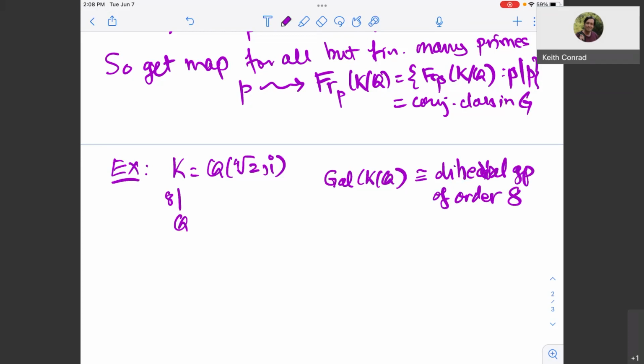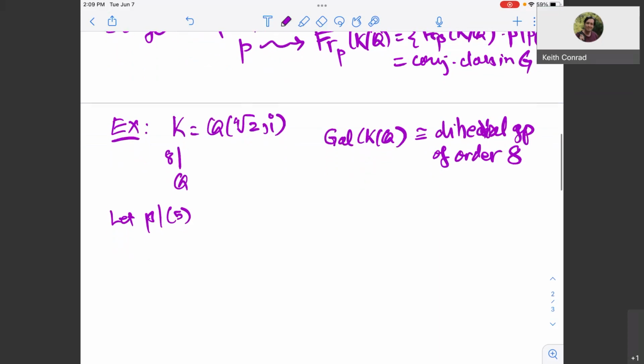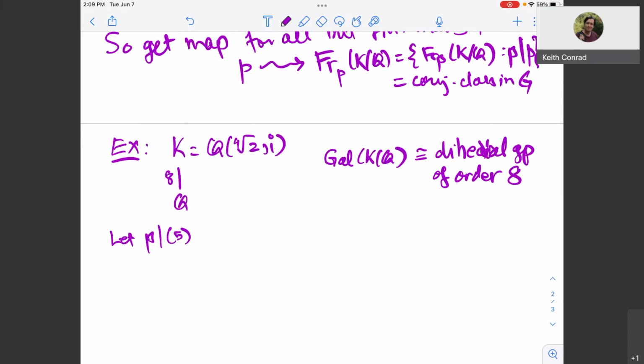And so what I would like to do is take a prime ideal in the ring of integers that divides the prime number 5. You might think the ring of integers is Z[fourth root of 2, i], and that's not true. It's a little bit bigger than that, but we're not going to worry about it. So take a prime ideal that divides the number 5, and I should say here, if we write G for the Galois group,